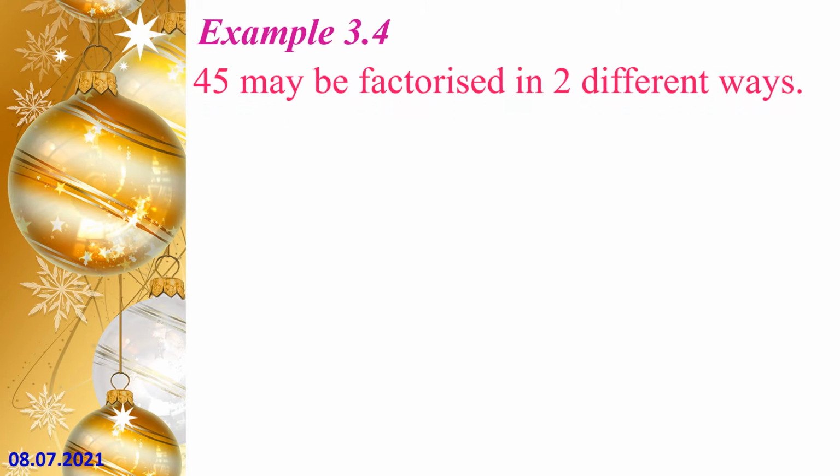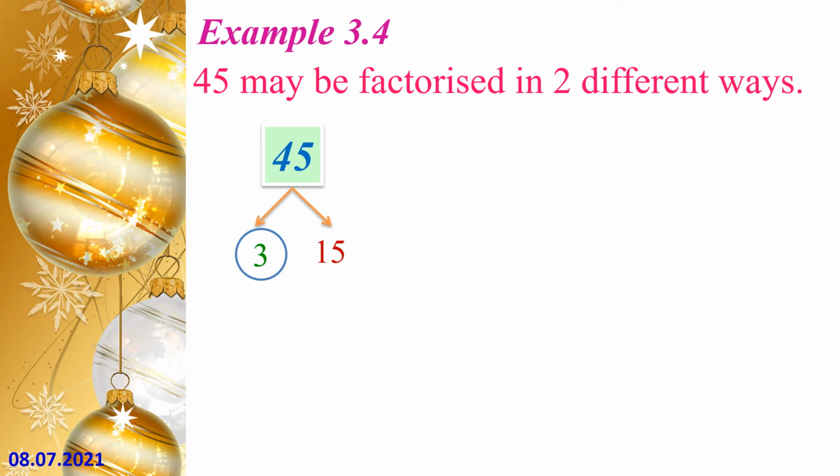In this method, we break up the numbers into factors, continuing the process till we get all the factors as prime numbers. Let us take the number 45. 45 can be broken up into many pairs of factors. Let us start with 3 times 15. Here, one number is a prime number, another number is a composite number. That is, 3 is a prime number, 15 is a composite number.